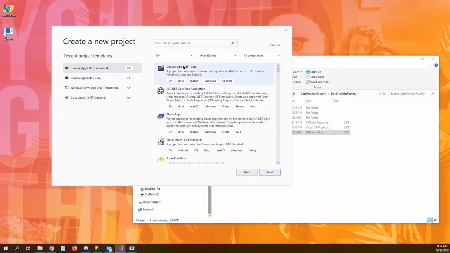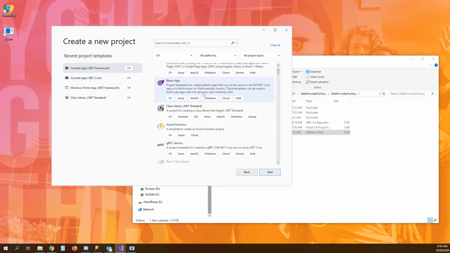Because remember, we're using ADO, Active Data Objects, .NET. So if we don't have a project that uses the .NET framework, then we don't have access to those components that we want. So I could just click .NET framework over here because I've used it recently, or I can scroll through,